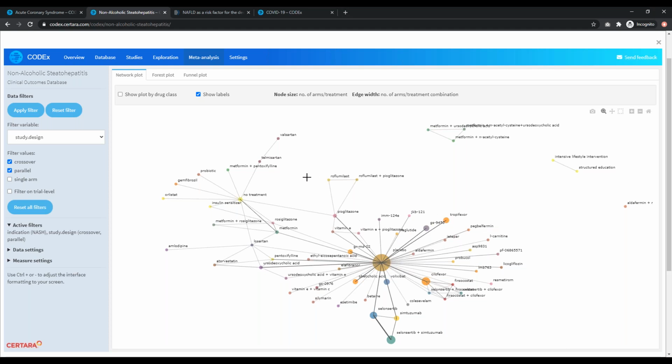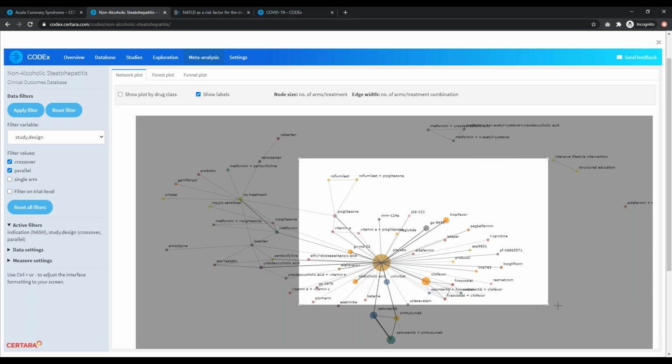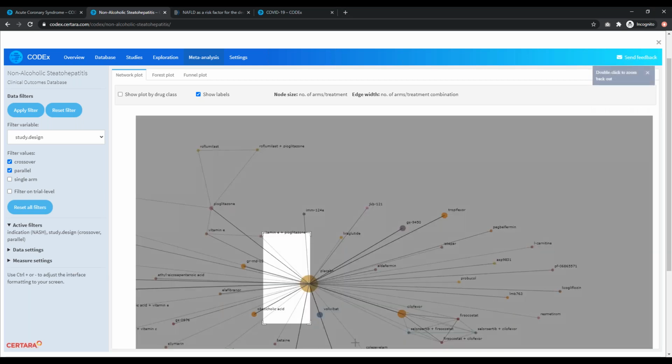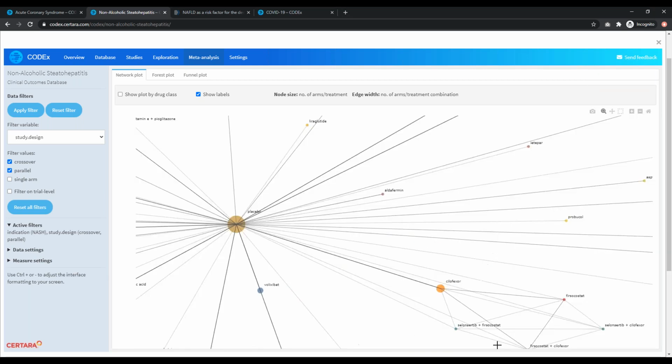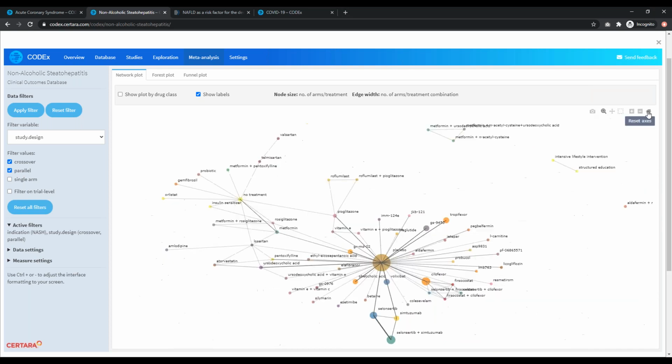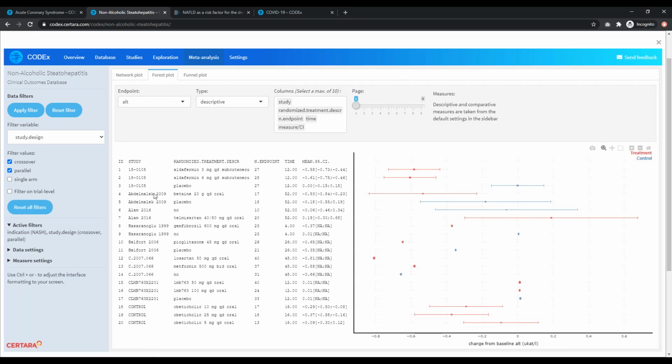Again, this is an interactive plot, so if I want to, I can zoom in on specific parts of this. Here at the top right, if you click on reset axis, the home button, you get back to where you were originally. But also when you hover over it, it gives you additional information as well. We have a forest plot